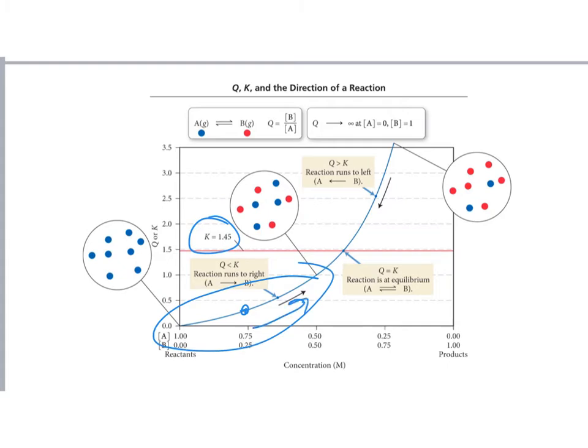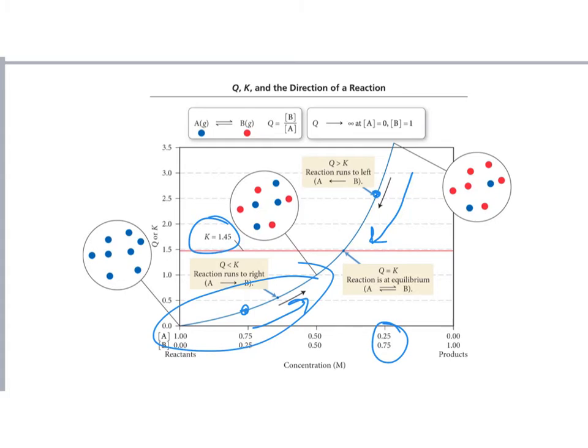Okay. On the other side of the coin here, what if I have 0.25 of reactant A and 0.75 of the product B? Well, I'm all the way up here, right? Meaning that I'm at 2.5. That means that this thing has to go backwards and satisfy the equilibrium condition K, right? The constant K. So I now know by using something called the Q, the reaction quotient, if you want to use it that way,